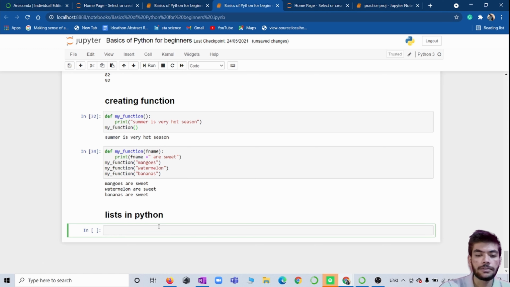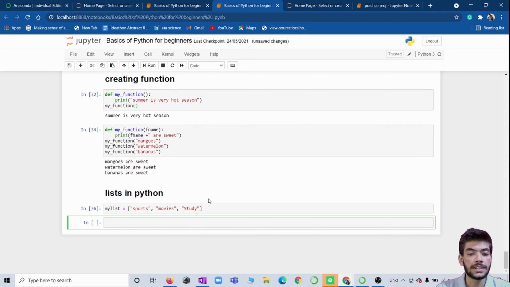So we will see the first example quickly. We will create one variable, my list, and we will assign the values in square brackets: sports, movies, study.